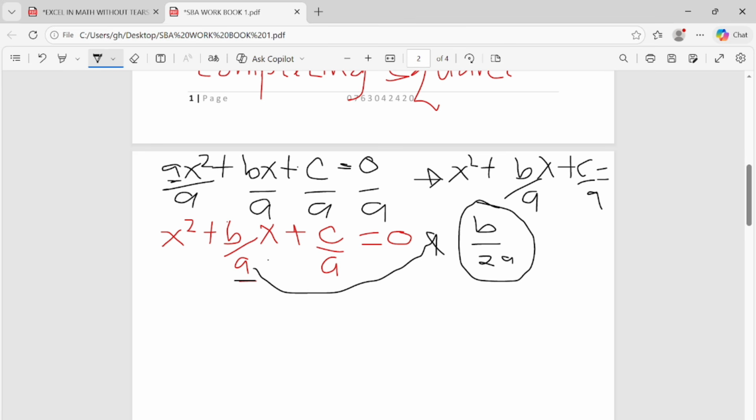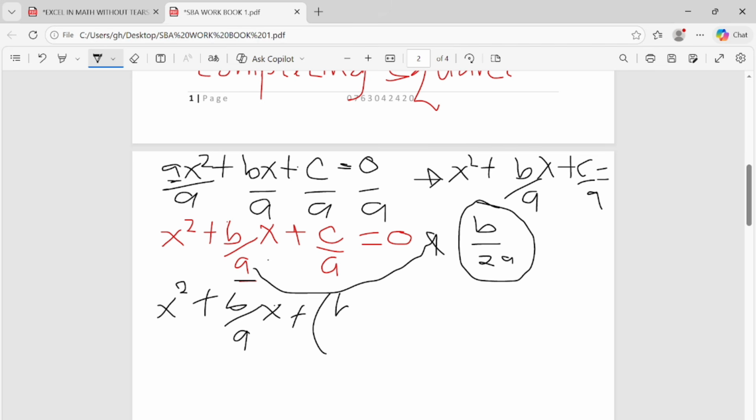So you have got b out of 2a, and after getting that, we ought to square it and add it on either side of the equal sign of the equation. So we shall square it and add it here and also add it to the other side. So how do we do that? We say this will be x squared plus b out of a. Multiplying by a half here doesn't mean that we change this part. We only use it. You just pick it and use it, but we do not change the original outlook of this part. So this will be b out of a, x plus,